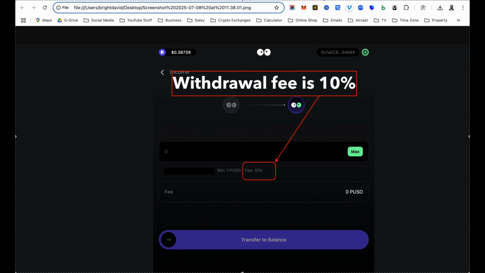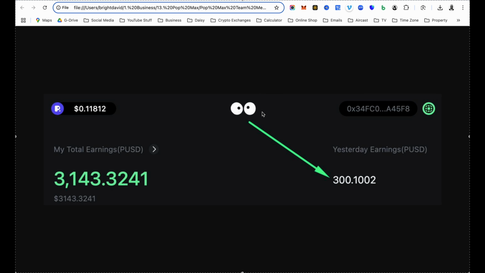Okay, now remember, when you are withdrawing, there is a 10% fee from the amount you are withdrawing. Okay, so bear that in mind so that you won't be surprised that, oh, listen, I am withdrawing 100 PPT. Why am I getting less than 100 PPT? Because they have applied the 10% withdrawal fee in your withdrawal. Okay, so this 10% withdrawal fee is per withdrawal. Every single time you make a withdrawal, you will get charged 10%,